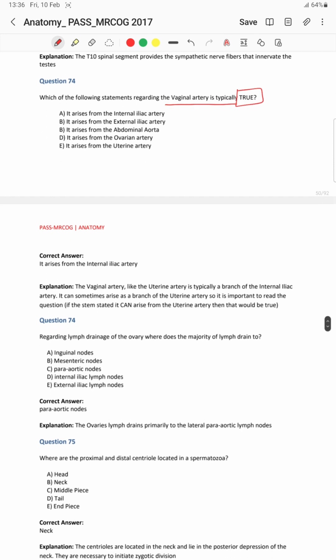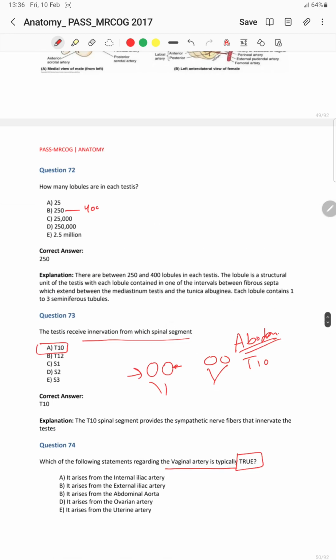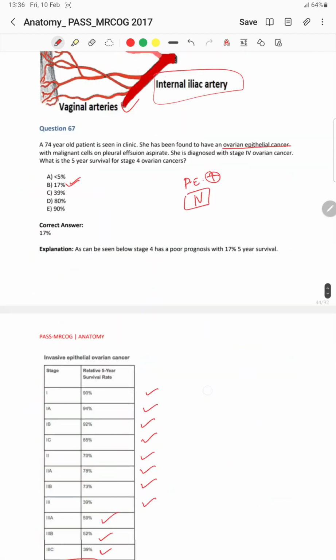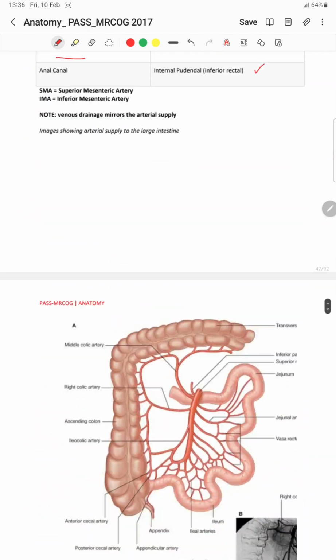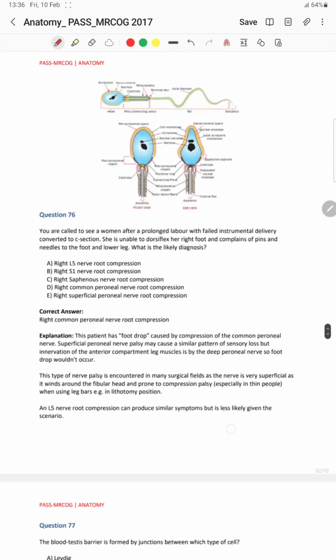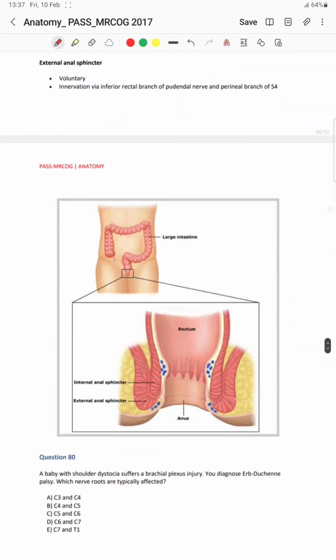The vaginal artery and the uterine artery are branches of the internal iliac artery. We have discussed previously in our diagram that these are the ovarian arteries. They come from the aorta, and the uterine artery and the vaginal arteries come from the internal iliac arteries. Okay. Now,